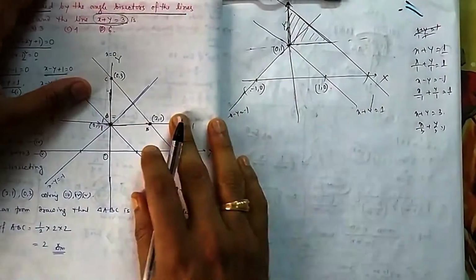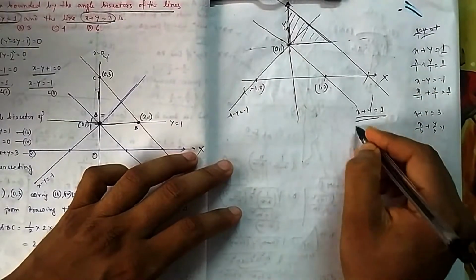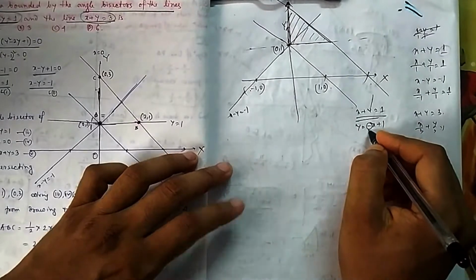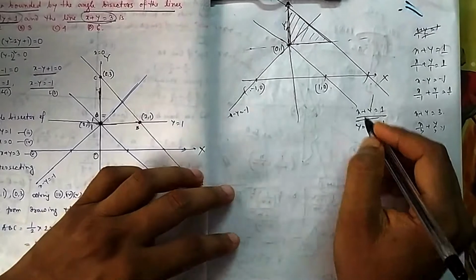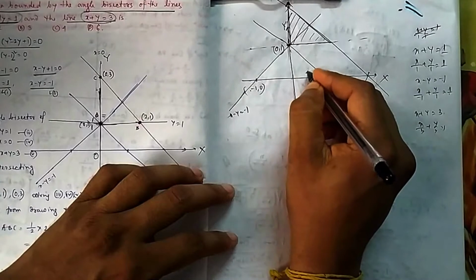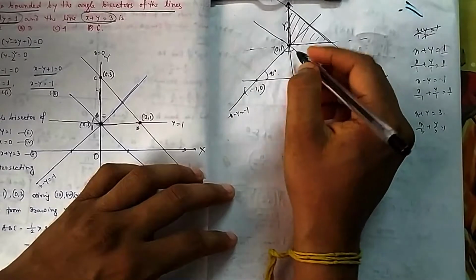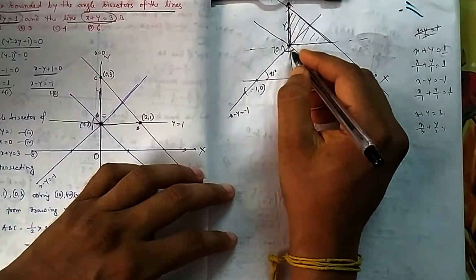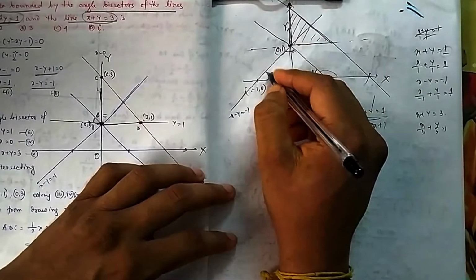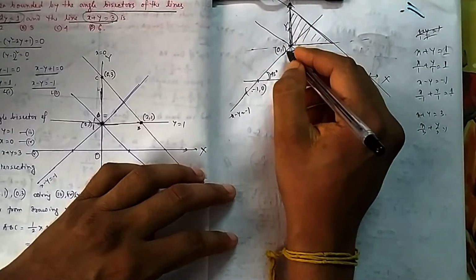Or if you don't know the triangle, let us come to this equation again. If you see this one, which was x plus y is equal to 1, what is the slope here? Minus x plus 1. Slope is minus 1. That means the angle is 45, but it is minus 1, so 135. Because it is declining, this angle is 45, and this angle is 45. So obviously this angle will be 90. If this is 90, this will be 45, this will be 45. If you draw an angle bisector of the 90 angle, it will make 45 here.